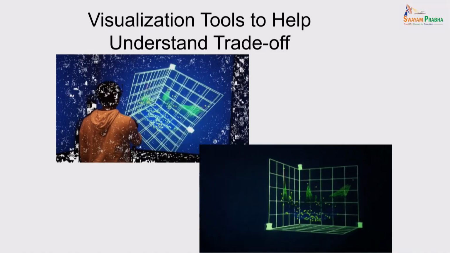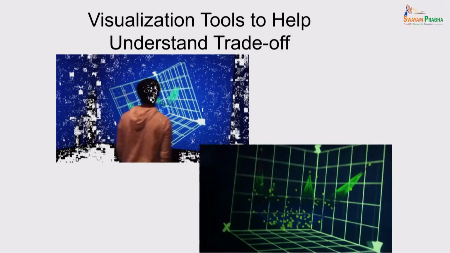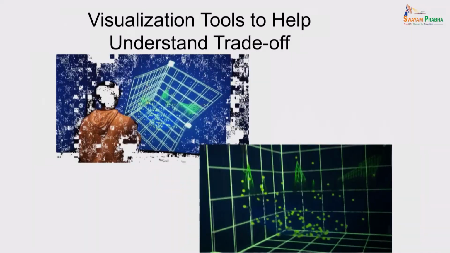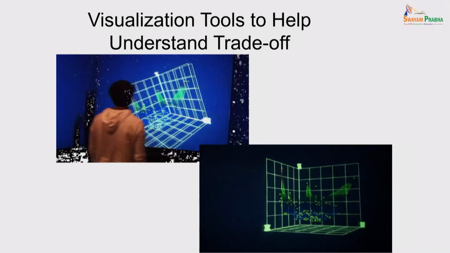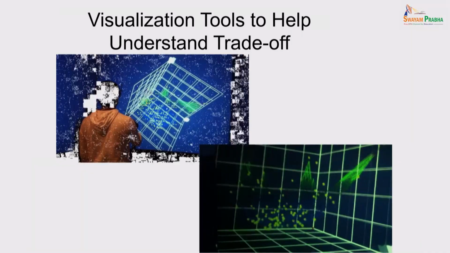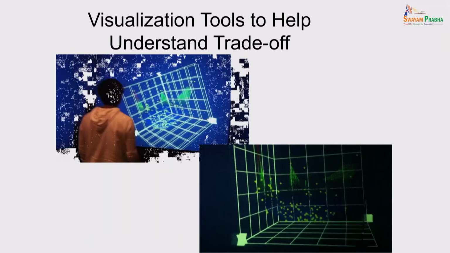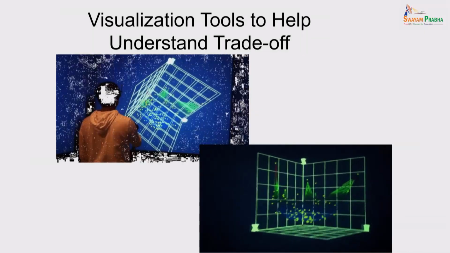So we thought of a virtual reality based system, which we developed. You see this student wearing goggles. And these pictures are 3-dimensional Pareto sets. We clustered 14 objectives into 3 clusters, and we are showing them in 3 axes. They can actually go inside these, and see the difference between 2 points. And if they click one of the points with the joystick, they see the productivity, cost, and everything coming out there. So we thought this would be a little helpful for them, in a life-size kind of graph to see.